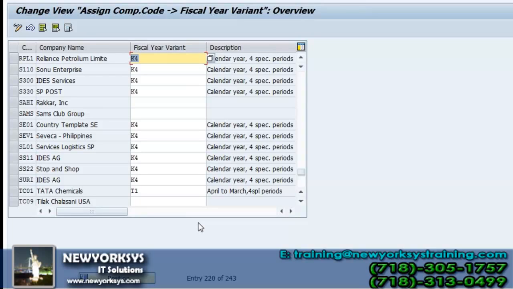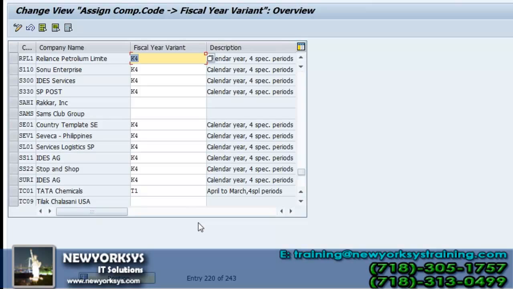Then once it is done, you save the data. Again, when saving also, you get some information messages about posting periods. Ignore them and hit enter until the data is saved. In most cases we get confused because this is the initial stage.